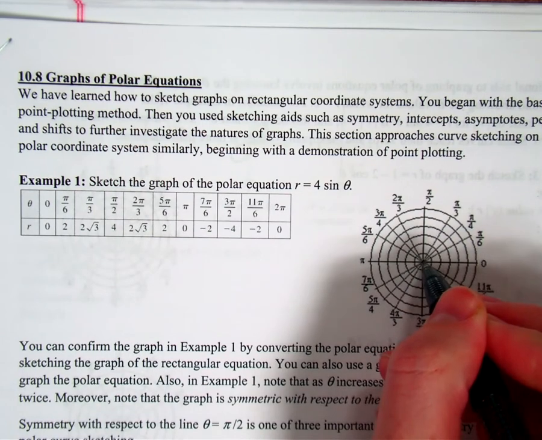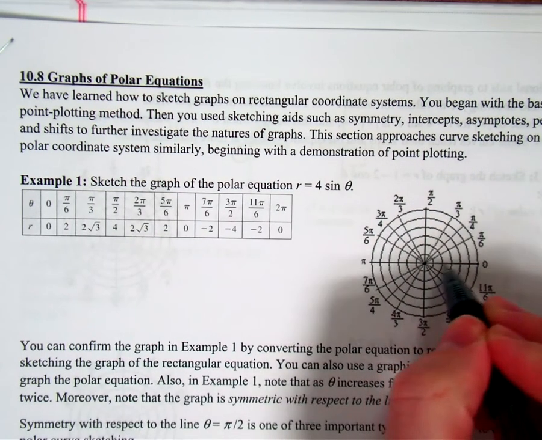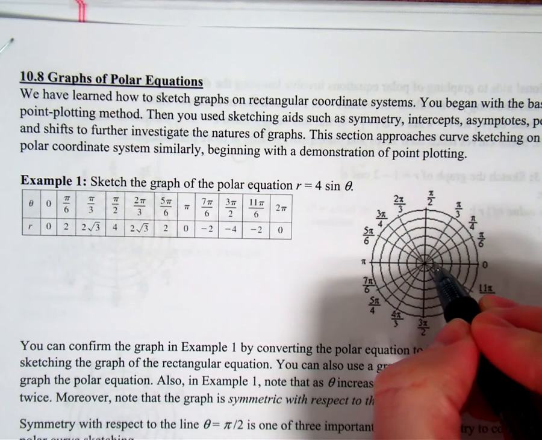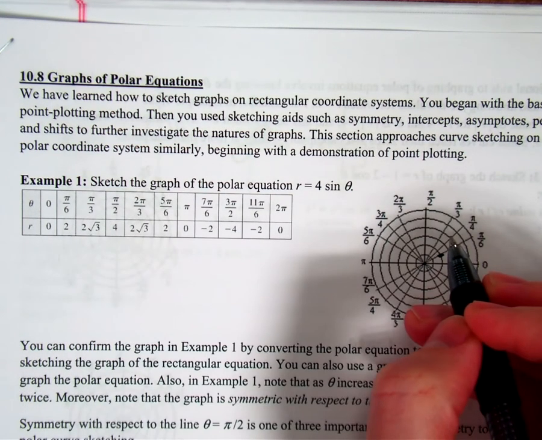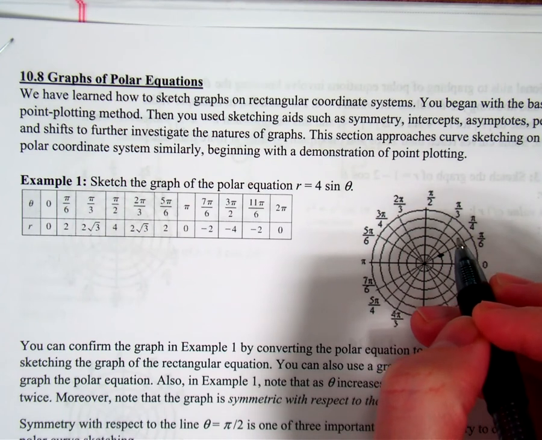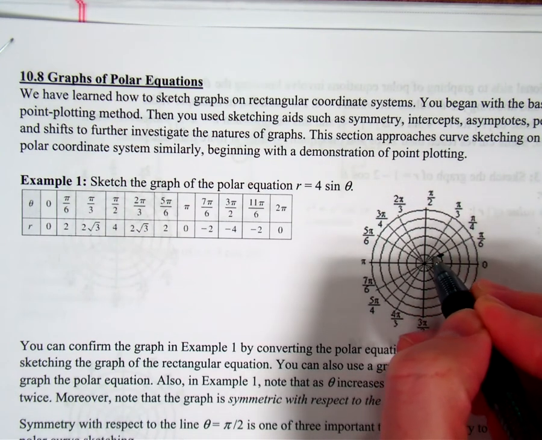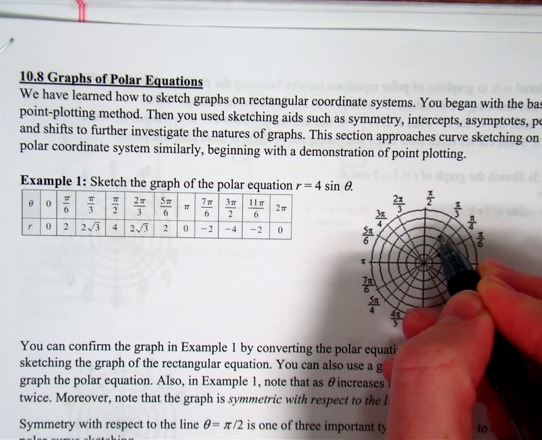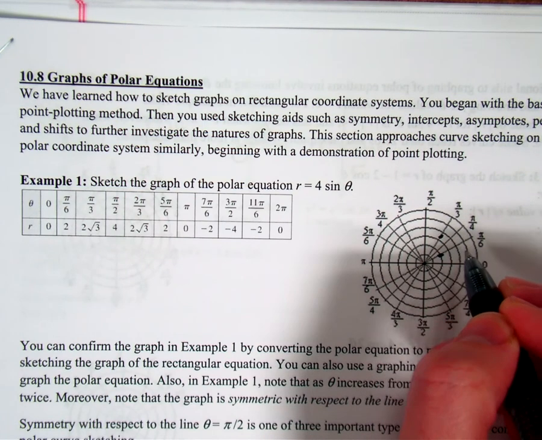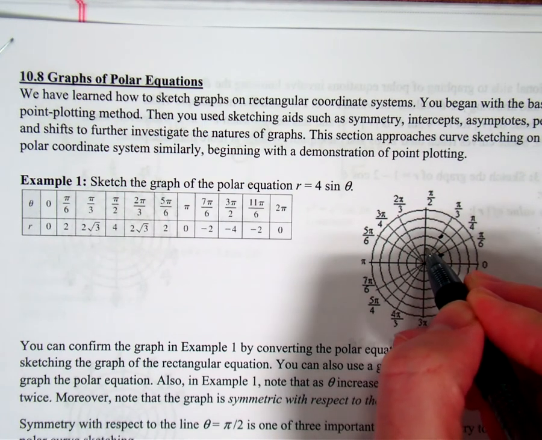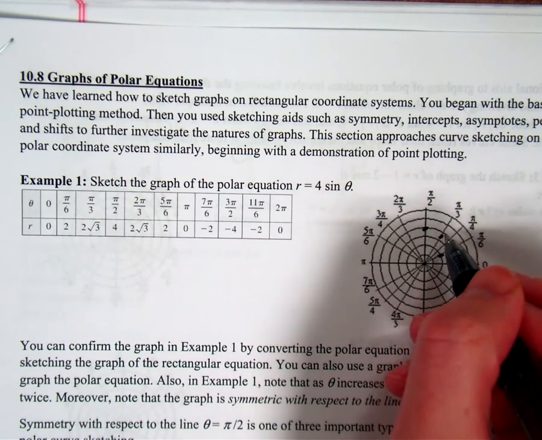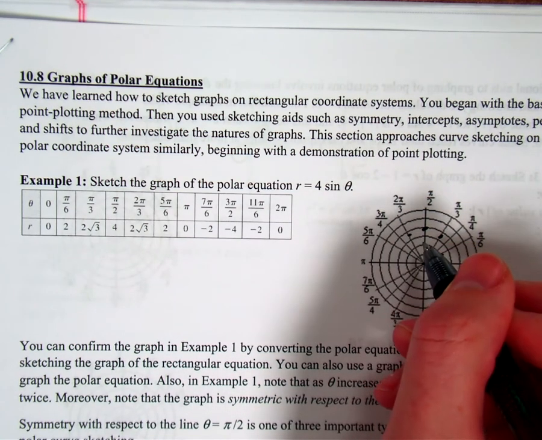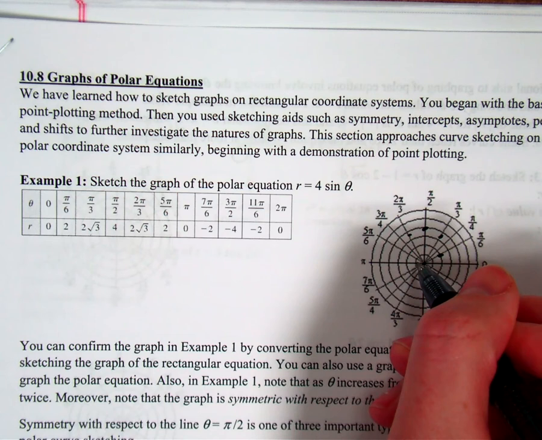0, 0. Pi over 6 is going to be 2 units out. Pi over 3 is 2 radical 3, so about 3.5. So 1, 2, 3.5-ish, somewhere out there. And pi over 2, we're right at 4. Okay, and then we start coming back in. 3.5-ish, 2,